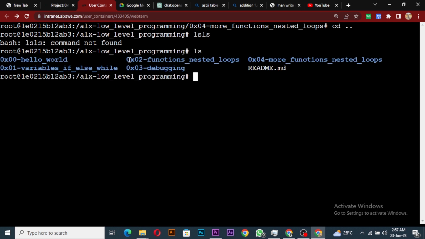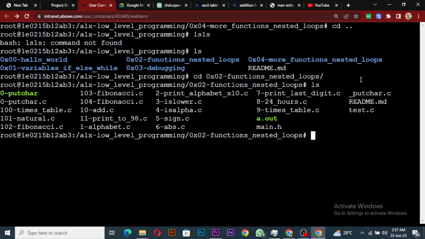So we have the putchar in this 0x02. So I can just copy it and paste it in 0x04. So I'll cd into 0x02, ls, and as you can see we have the _putchar here. So I'll copy _putchar and paste it in 0x04